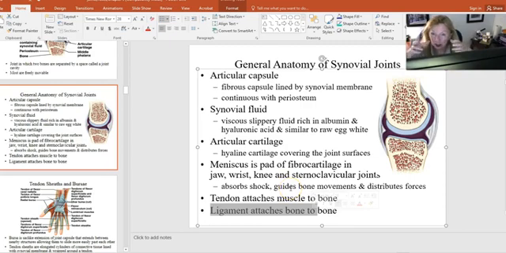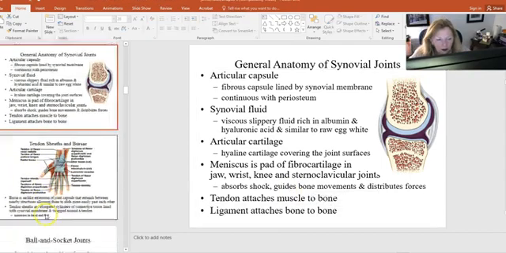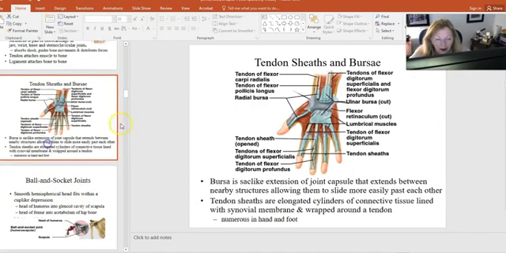And ligaments are stabilizing, attaching bone to bone and stabilizing the joint. So that's their function. Now, there's something else that we often see. We just said that tendons are attaching a muscle to two different bones. Tendons are going to help,